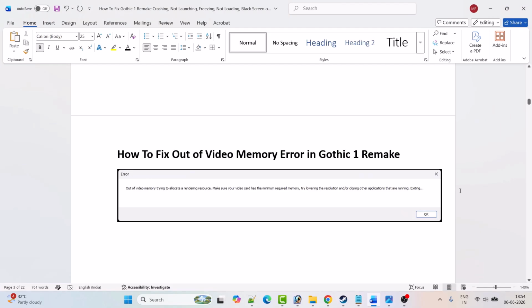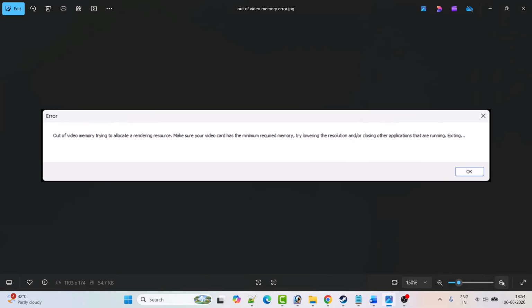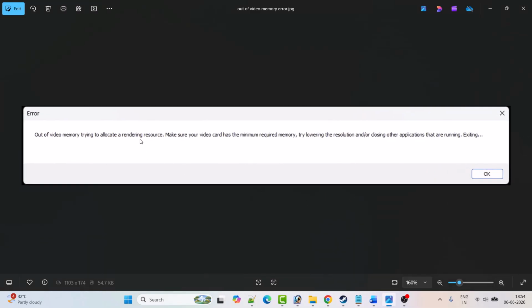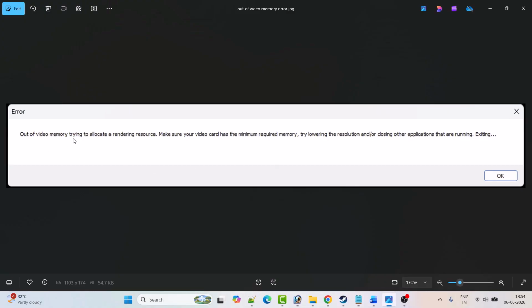In this video tutorial I will show you how to fix the out of video memory error in the Gothic 1 remake game. So if you're getting this error, out of video memory trying to allocate rendering resources, make sure your video card has the minimum required memory. Try lowering the resolution or closing other applications that are running. So if you're getting this out of video memory error in the Gothic 1 remake game, then follow the fixes